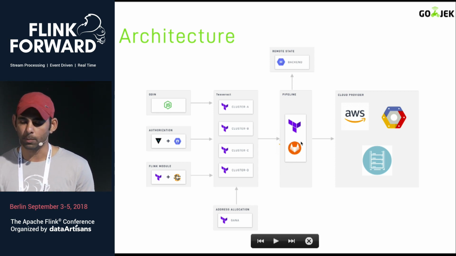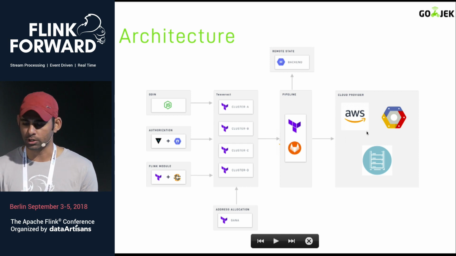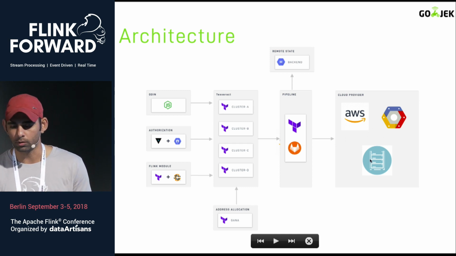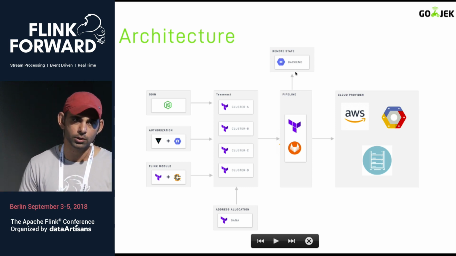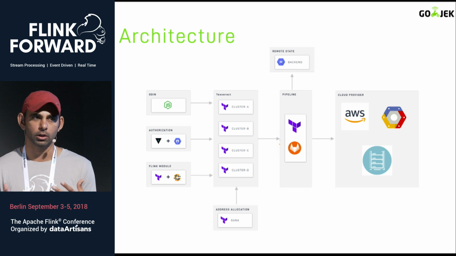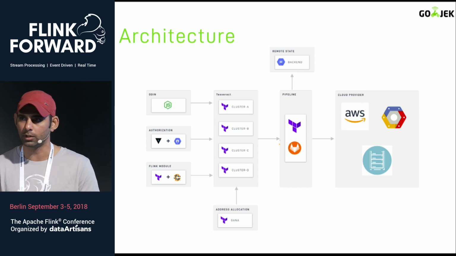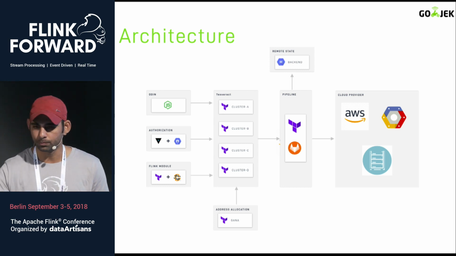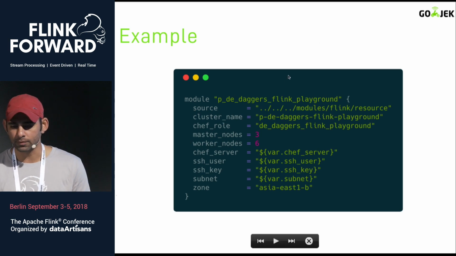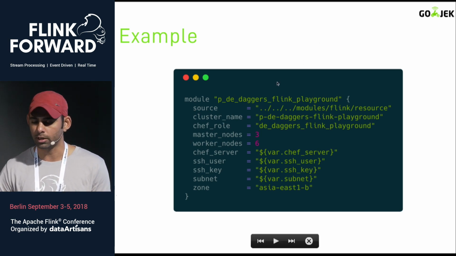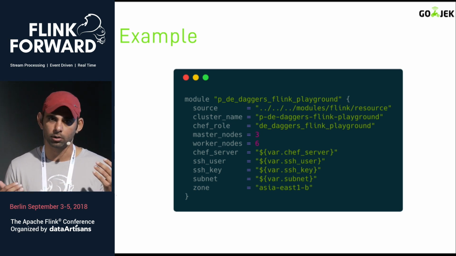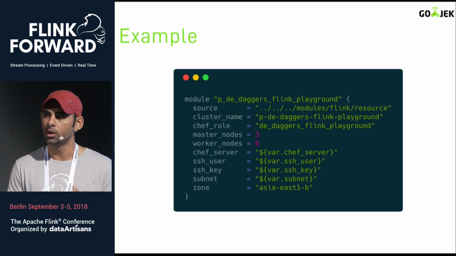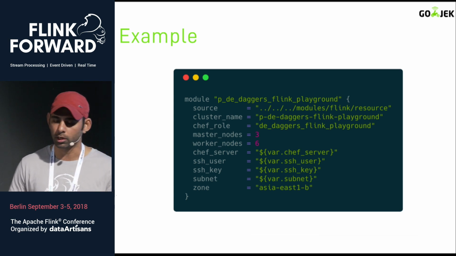Then the whole thing goes through the pipeline, and the entire infrastructure gets created on the cloud, with all of the references run. And then we store the state on the remote backend as well, just to make sure that anyone can see what the current state of the entire infrastructure is. So this is an example of someone who wants to create a Flink cluster entirely, which takes care of the entire configuration management, launching your virtual machines, or creating a yarn cluster even on the Google Cloud.